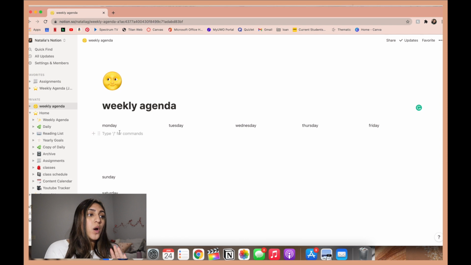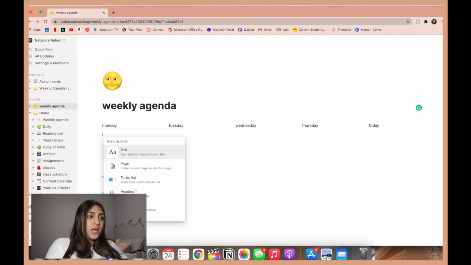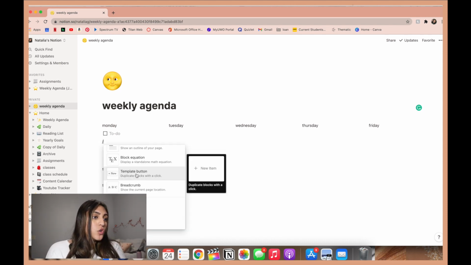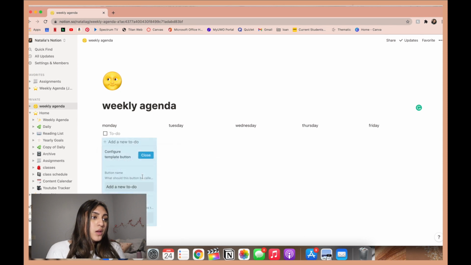Next, if you want to have a to-do list, you would go / for the commands, and you can just see to-do list, and then you can add that in there. And if you want to keep pressing enter or adding more to-dos, do the / and go all to template button, and then here you just have this, close, and then you would just press this to continue adding a